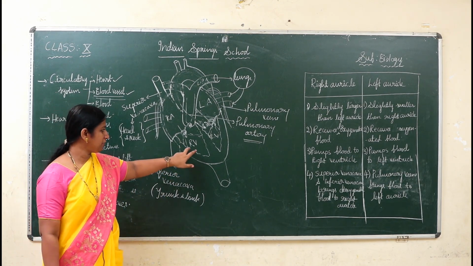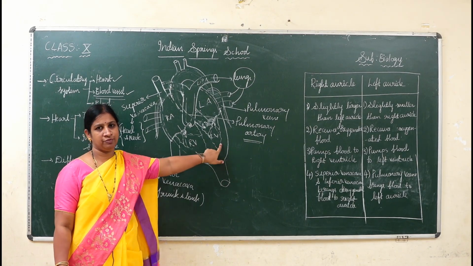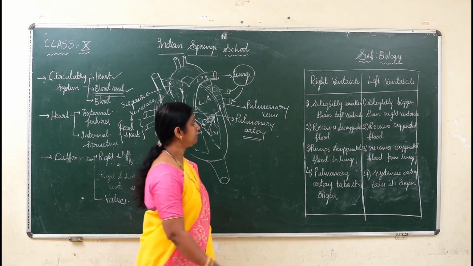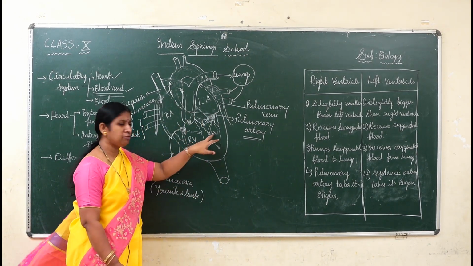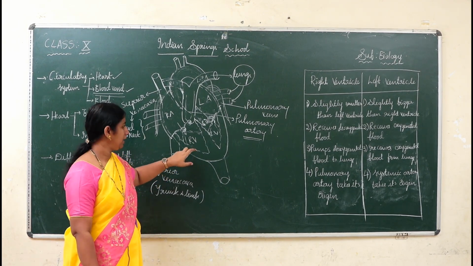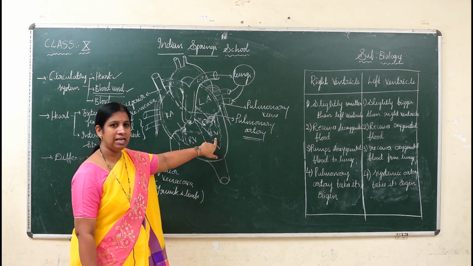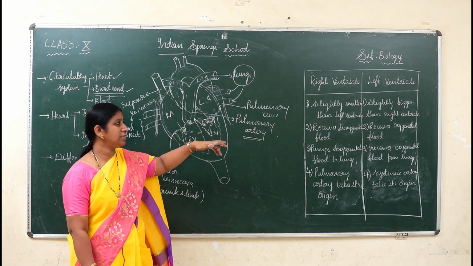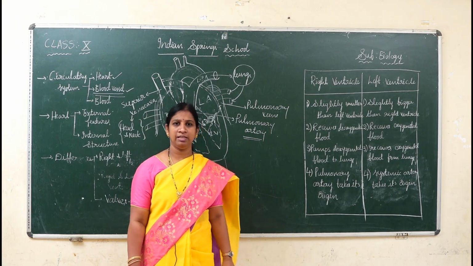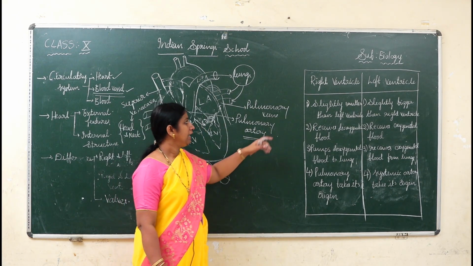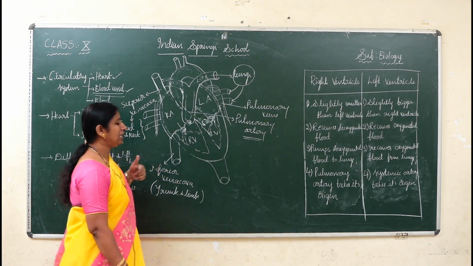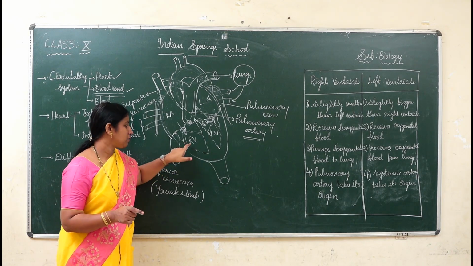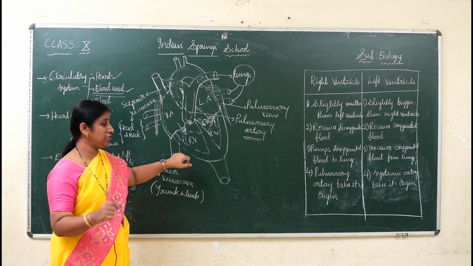Let me now explain the differences between right ventricle and left ventricle. As we know, the lower two chambers we call ventricles. One is right ventricle, another is left ventricle. They are the same as the auricles: there are many differences between the right ventricle and the left ventricle. Let me say the first point. As I said before, children, left ventricle is slightly bigger, whereas right ventricle is slightly smaller. I said the reason also.